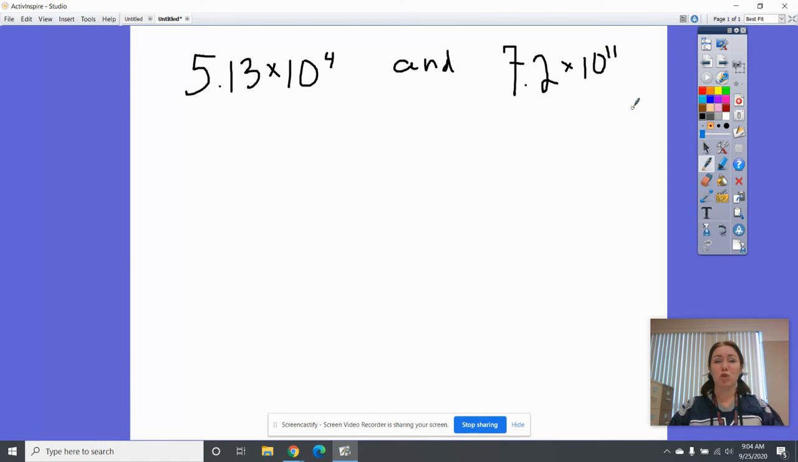Now, usually you'd have some kind of word problem. You have to decide, are you adding, subtracting, multiplying, or dividing? But what I want to show you today is just how to do those operations. Now, I always recommend that you put parentheses around each number. So you put parentheses around this and parentheses around this because sometimes